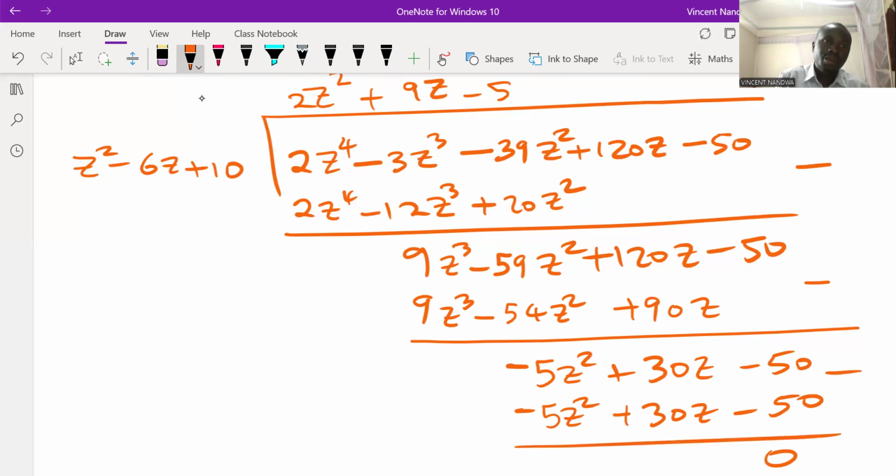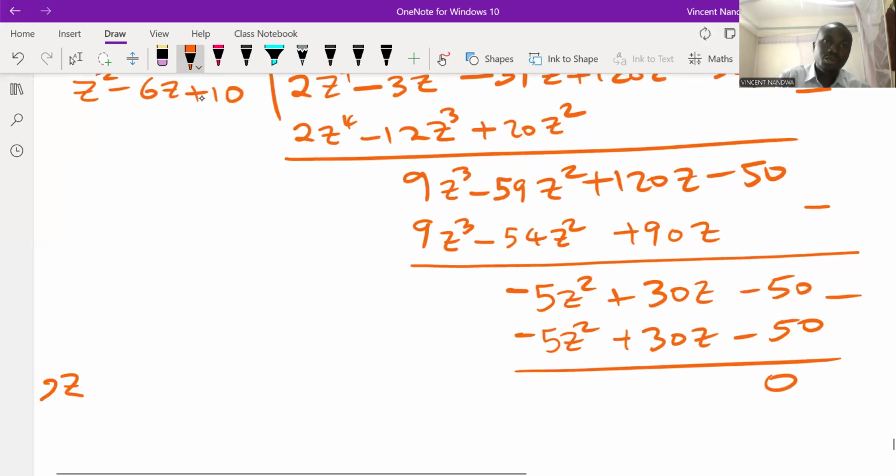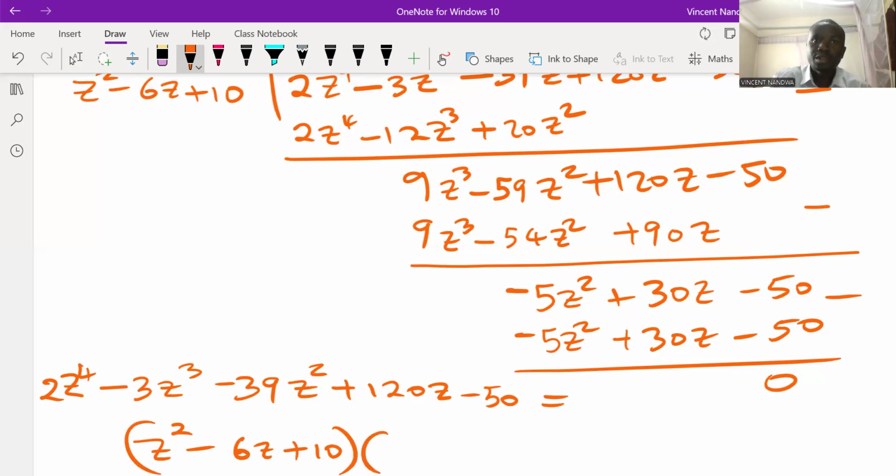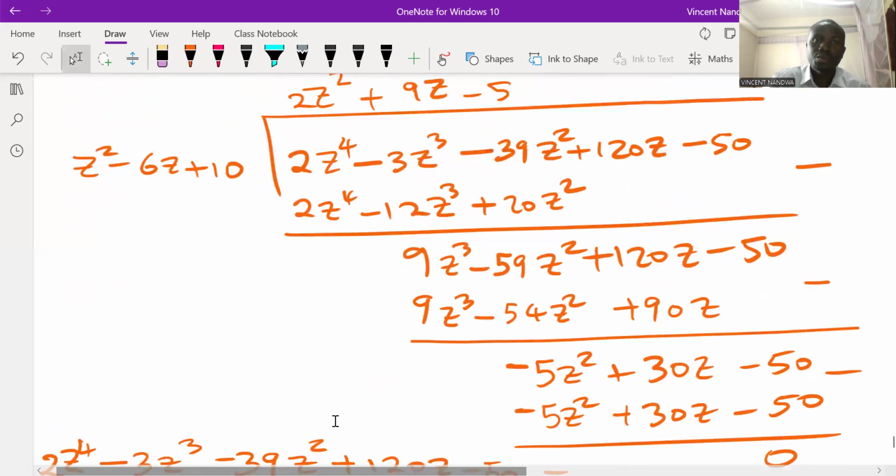So therefore, 2z power 4 minus 3z power 3 minus 39z squared plus 120z minus 50 is the same as z squared minus 6z plus 10 multiplied by the quotient here. We have found the answer to be 2z squared,